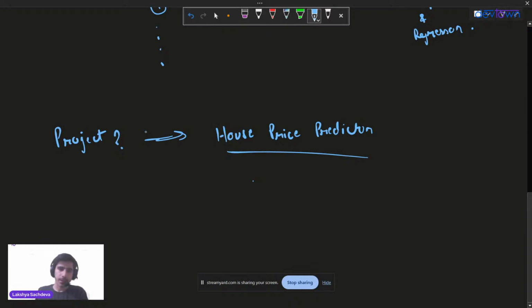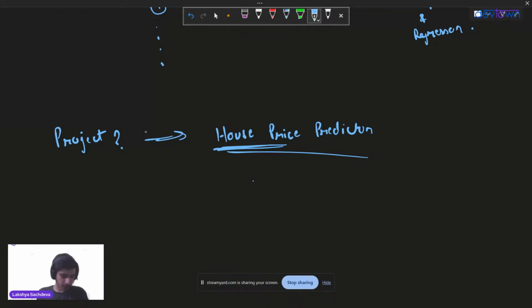Then, sir, the house price. House price can be any value, right? Yes, Gaurav, you can add this project as a basic ML project. This cannot come under a major project, but this can surely come under a minor project, as a machine learning project.